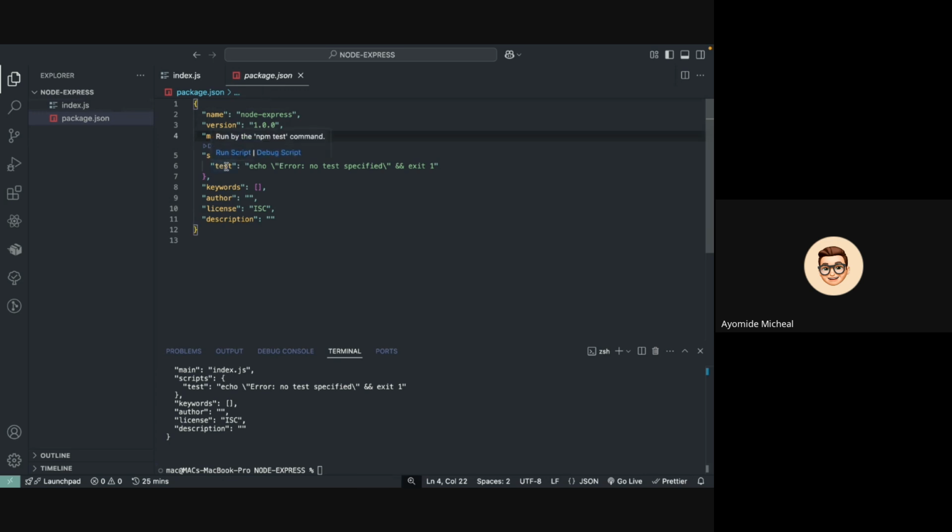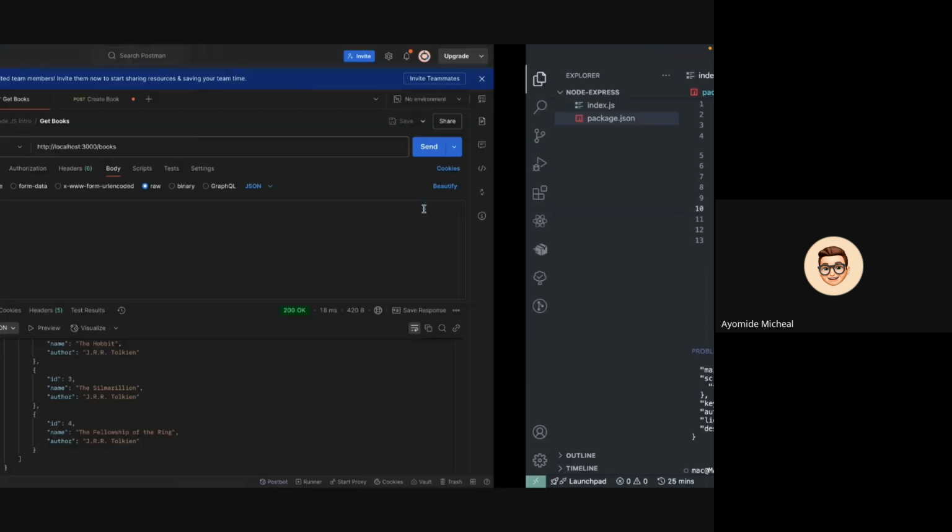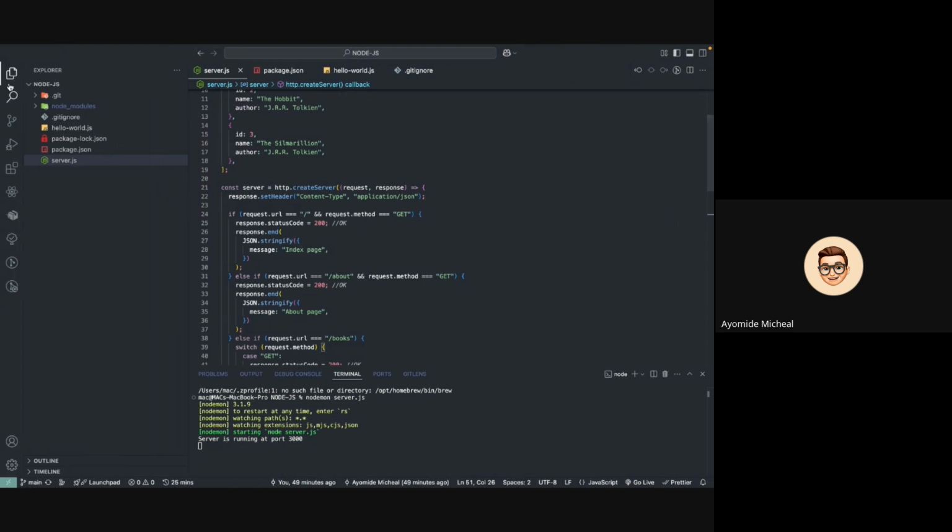I have a default script here. I have keywords, author, license, and description. We are not changing that yet. So what we have here is just the index.html, the index.js file and the package.json. So what do we want to do? We want to install